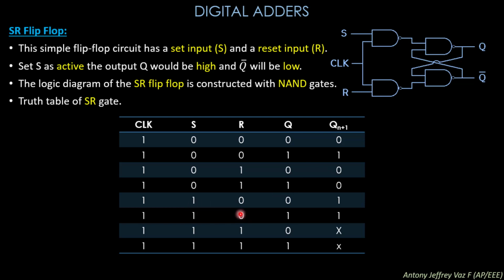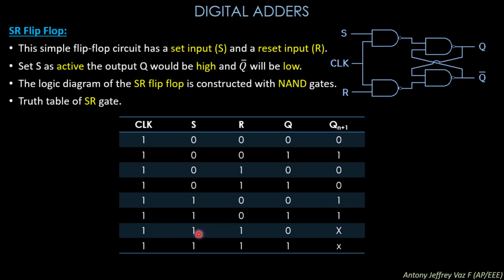Similarly, if you take these two things, you may see 1 0 and 1 0. So here the set state represents 1, and the reset state represents 0. Once the set state is 1, what happens here? The Q value, which is the present state, is going to be changed into the set state, that is 1 is going to be applied. In the next level, if already the present state is 1 and the set state is present, the input will remain in the set state for a longer period.